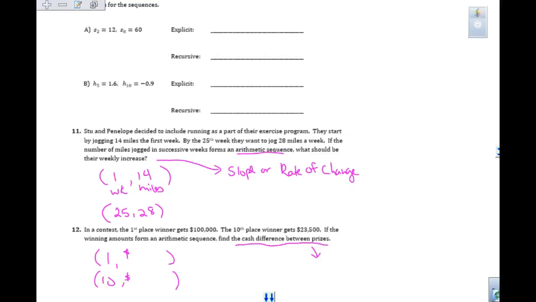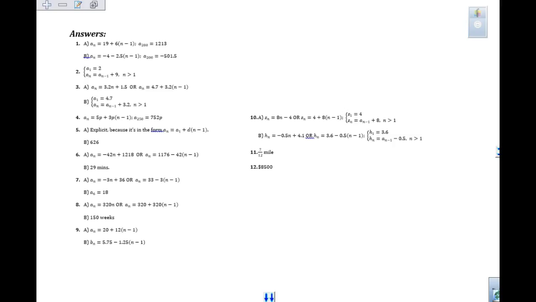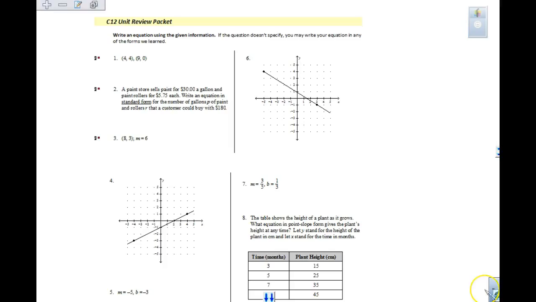So we are not handing this in. If you still have questions, make sure you look at those answers in the back and try to get them cleared up. Questions going between recursive, explicit, okay? I'm going to hand out the